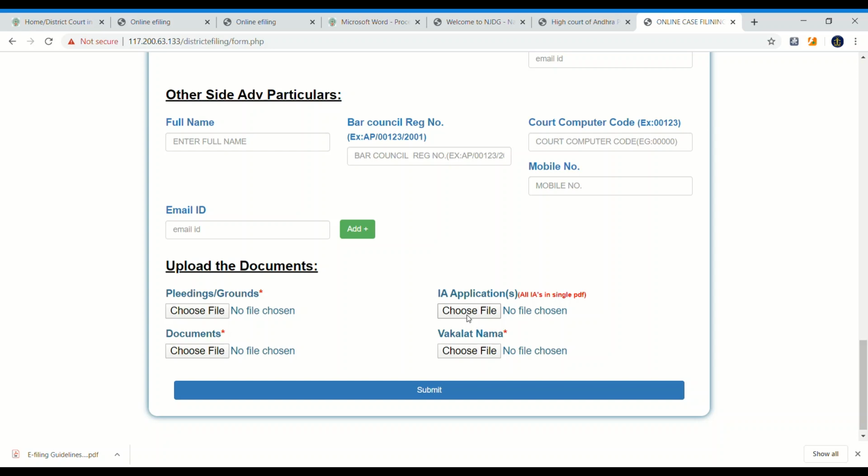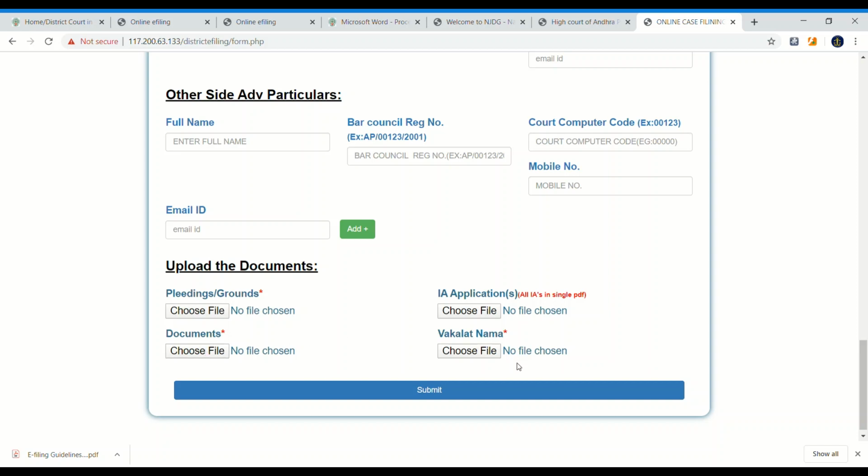If another IA, it is also one PDF. If you file more than 5 IAs in a particular case, then all 5 IAs go in a single PDF format. So choose that particular file. And documents: the documents you are submitting to the honorable court will be uploaded, all in a single PDF file.